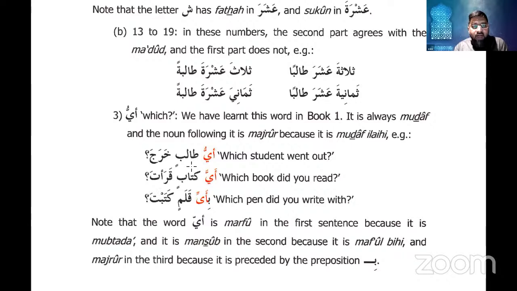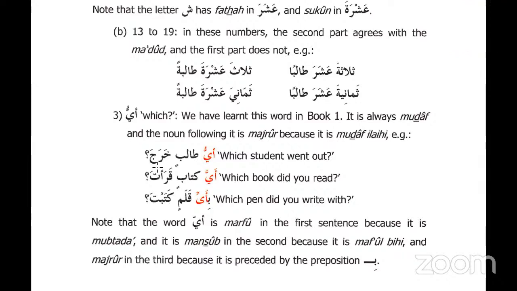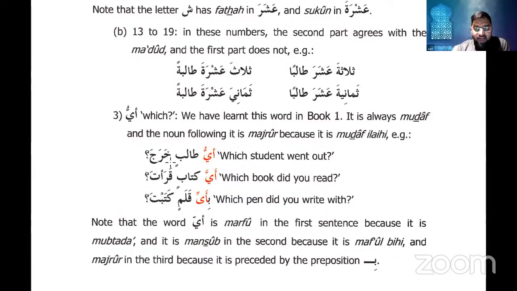And once you have a mubtada, you require a khabar, the information being given to the listener about the mubtada. What about the student? Which student? Kharaja. So kharaja means what? Went out, exited. Exactly. Kharaja is a verb, and normally after the verb, the doer of the verb is situated. However, in this sentence, kharaja,